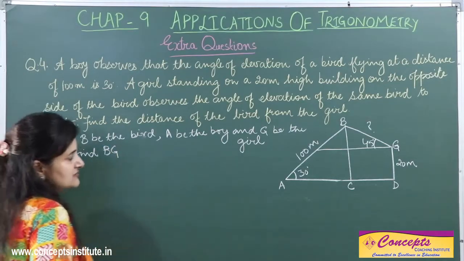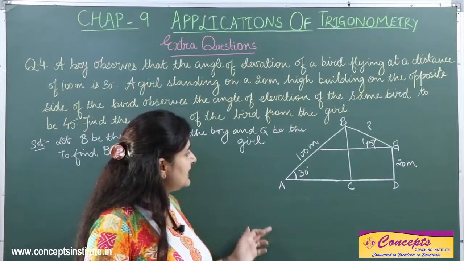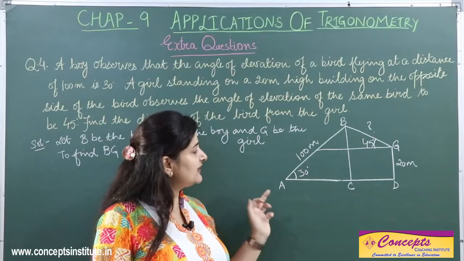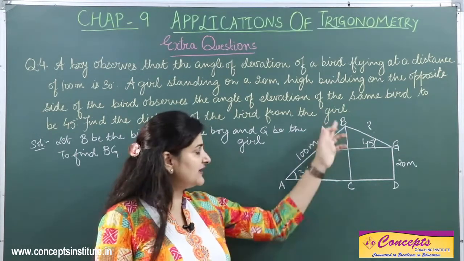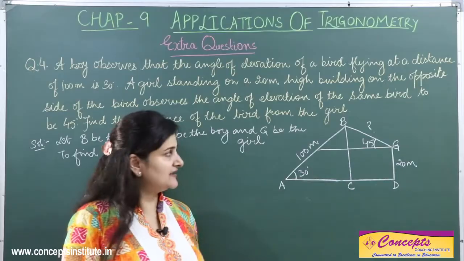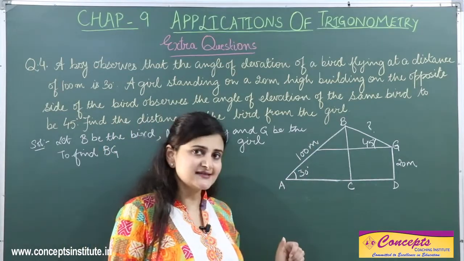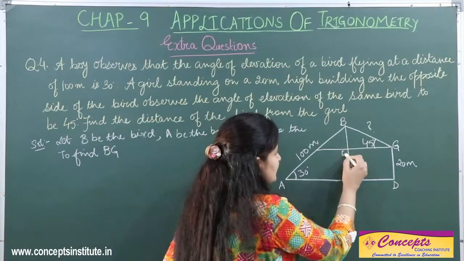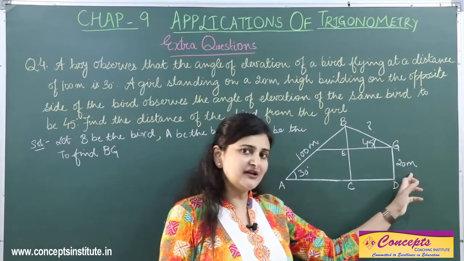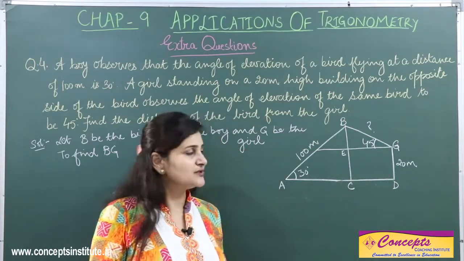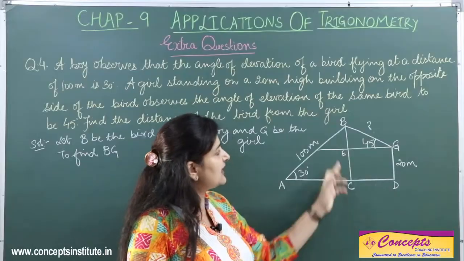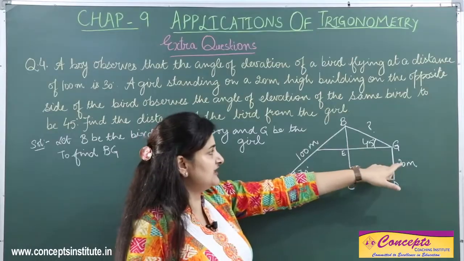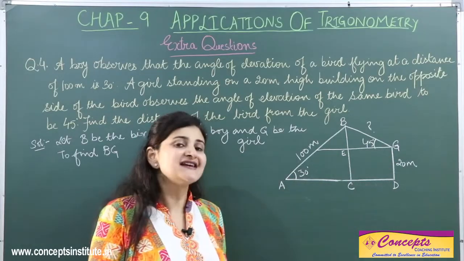Now students, how can we start? Look at that. We have the right triangle ABC. I have the hypotenuse. So can I find out the perpendicular? Yes, I can find out BC by using the T ratio sine. So perpendicular upon hypotenuse is sine 30. So I would be able to find out BC. Now let me just name this also as E. So what is GD? 20 meter. So therefore EC will also be 20 meter. So on subtracting I would be able to get BE. Then when I get BE, then BE upon BG, perpendicular upon hypotenuse would be sine 45.